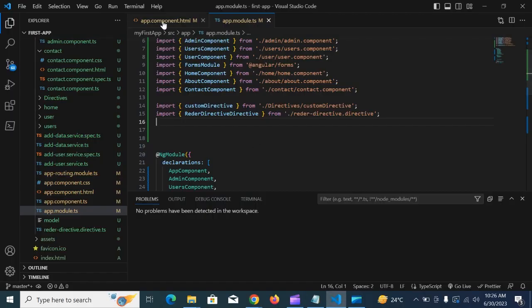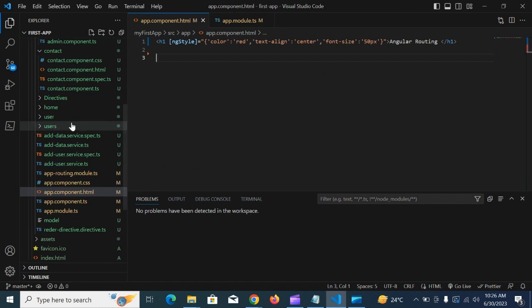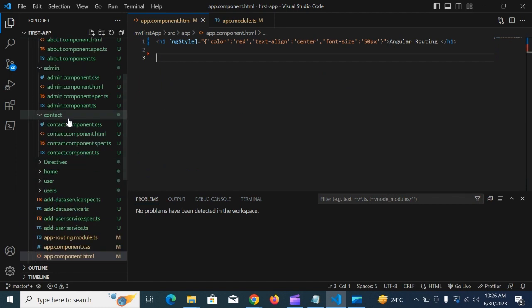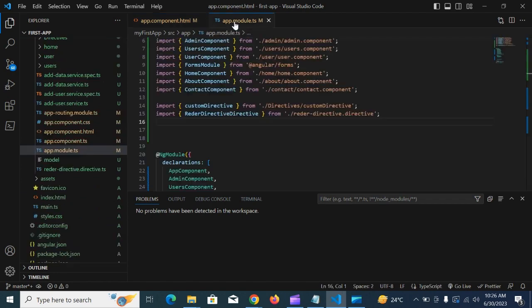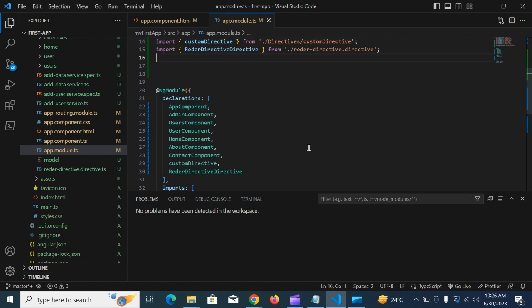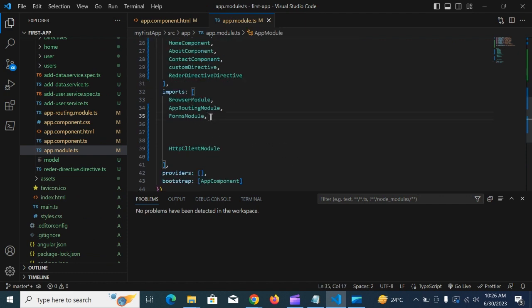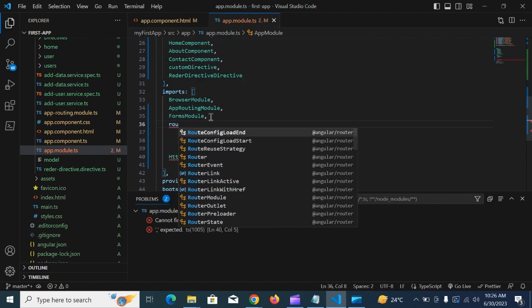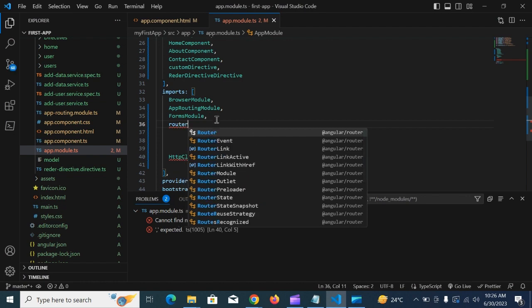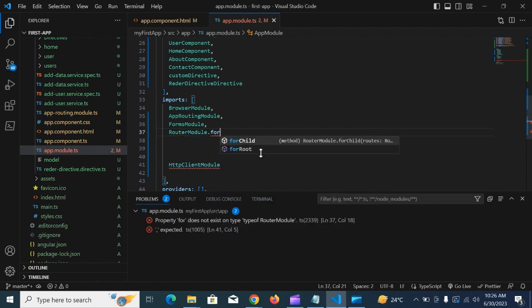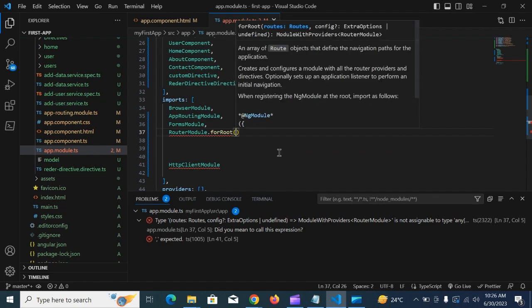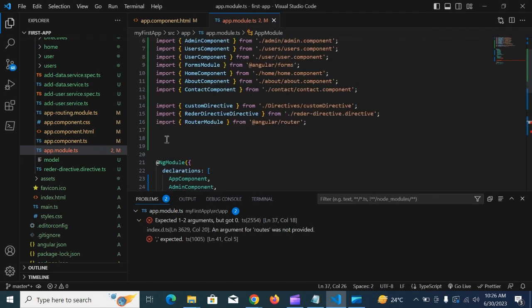Here I have created three components: home, about, and admin. So I'm using these components here. First of all, we have to import RouterModule.forRoot. In the forRoot, we have to give some routes. So I am creating a constant